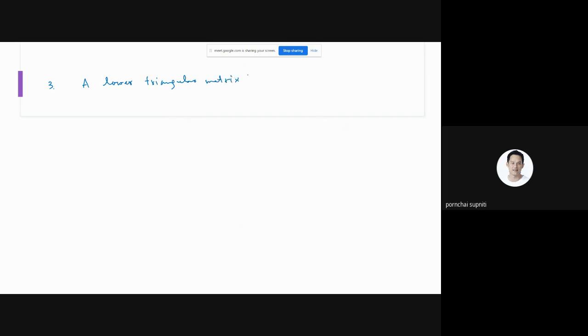Let's call it matrix L. It is also a square matrix, in which, or you can say whereby, same thing, matrix L has the element Lij,